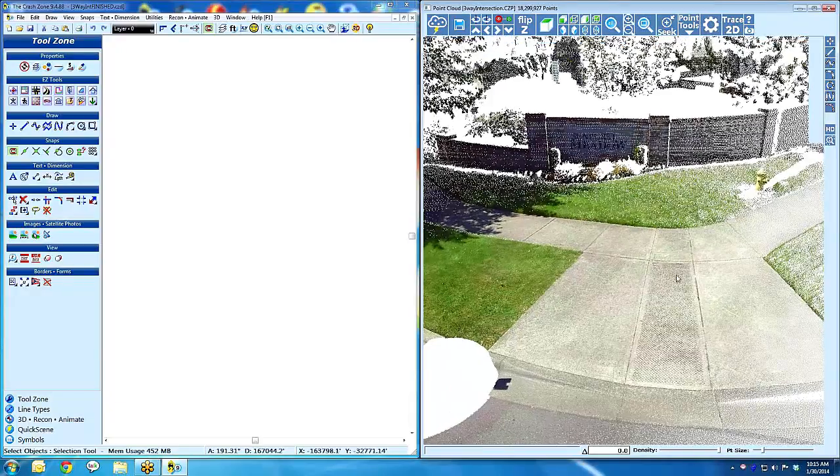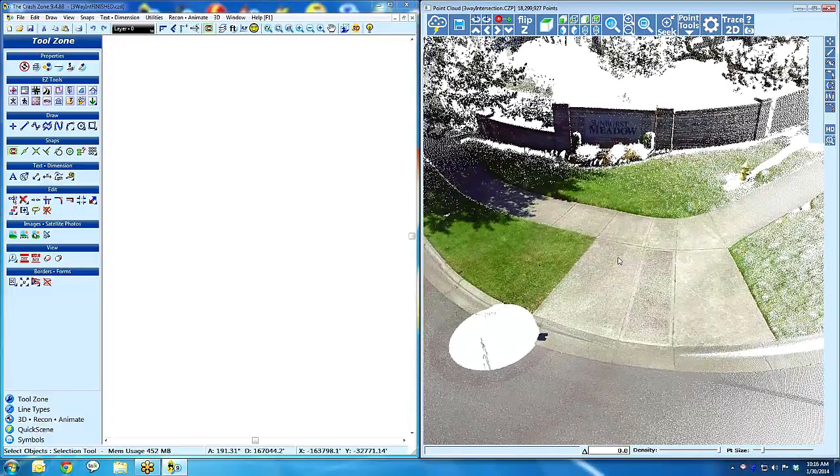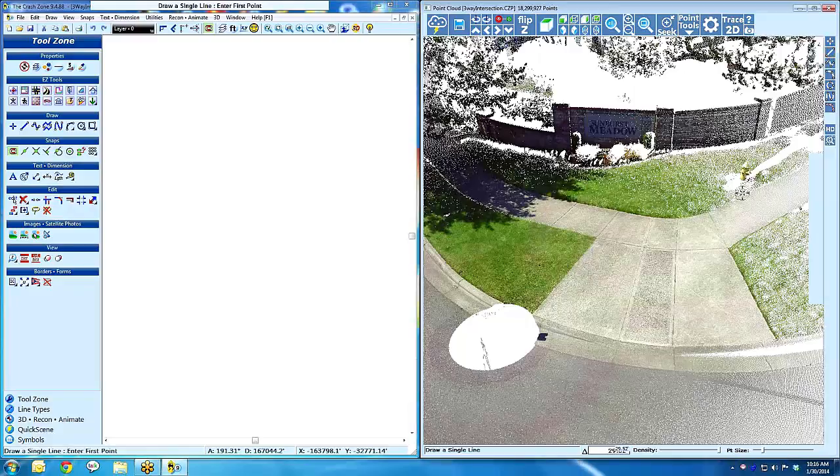Now the next thing we're going to do is start drawing. We're dealing with millions and millions of points, but let's keep it nice and simple and think of these as just a bunch of 3D points, and like connecting the dots, we want to snap a line between them. So if I were to pick this line tool here,